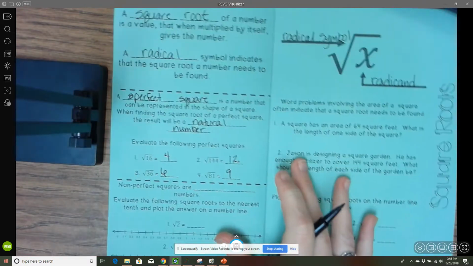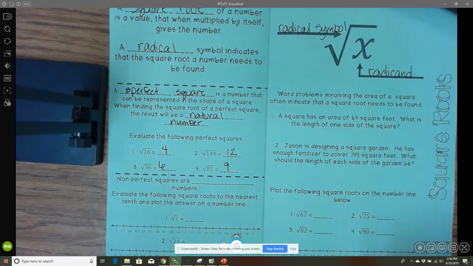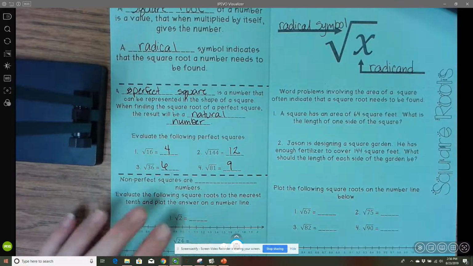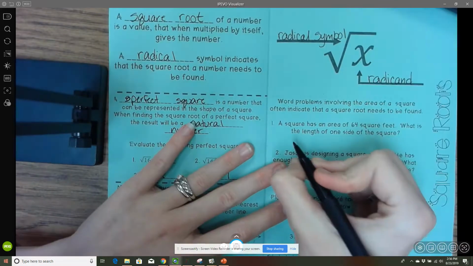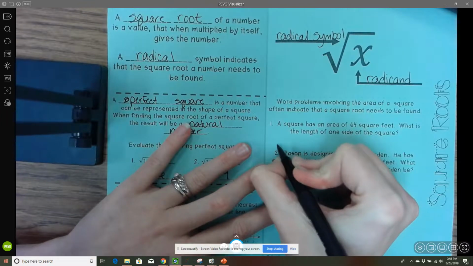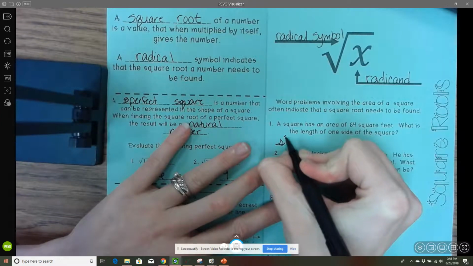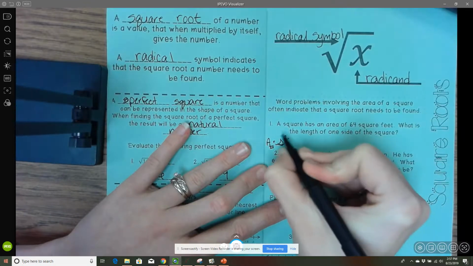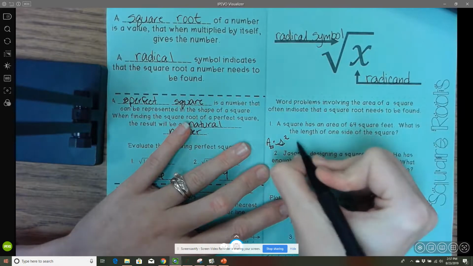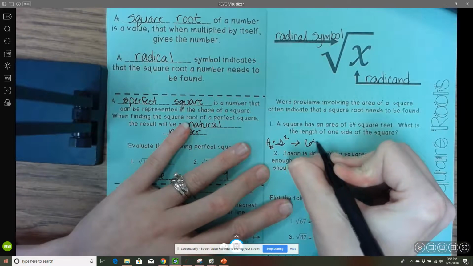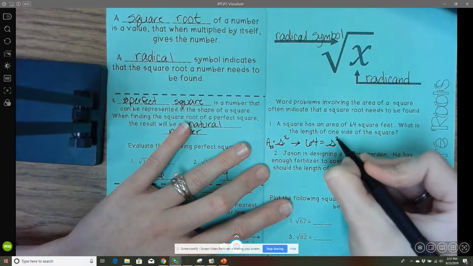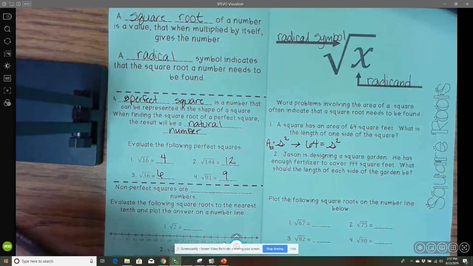These next ones are word problems. Word problems involving the area of a square often indicate that a square root needs to be found. Number one says a square has an area of 64 feet. What is the length of one side of the square? To find the area of a square, you would do the side squared. To do the opposite of this, you square root it. So we know the area is 64, and the formula is the side squared. To get rid of this exponent of 2, we can square root,